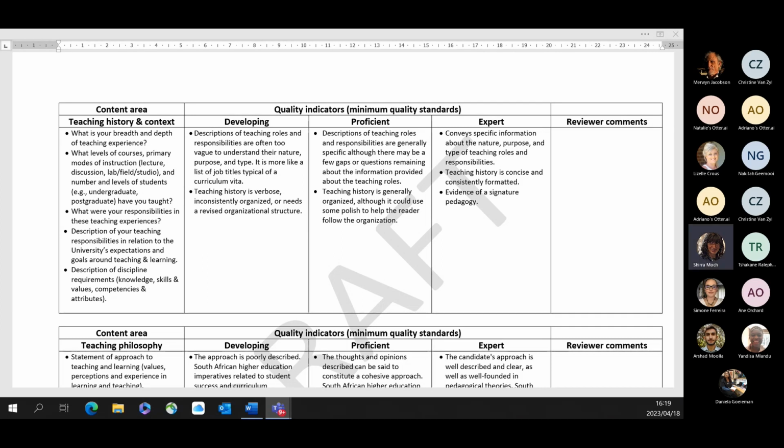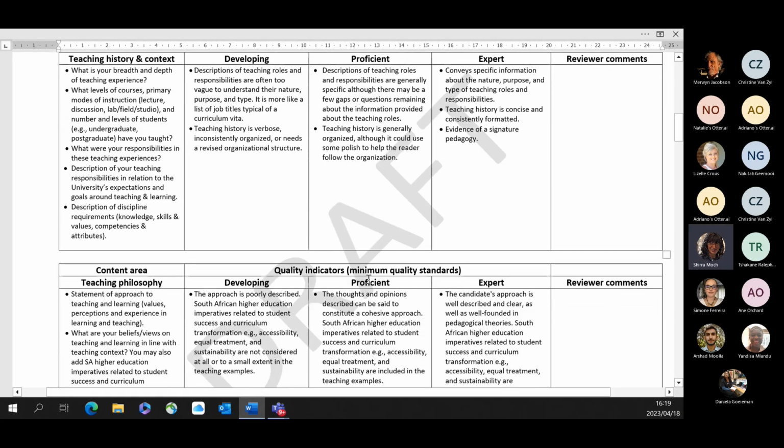Yeah, Lizelle, I'm reading what you're saying in the chat. And Christine, I like that too, because people come in and do what they do, but they need to know if it's working or if it's not working. And if you're not sensitive to the fact that it may not be working, then you might dig yourself into a hole because you come in and you do the same thing all the time. So yeah, I definitely think that looking at the type of teaching does make a difference, but in our context specifically,